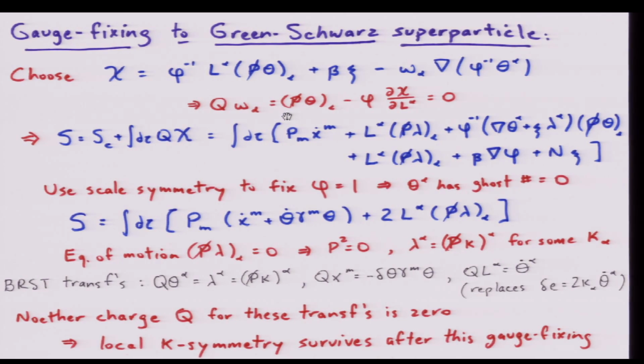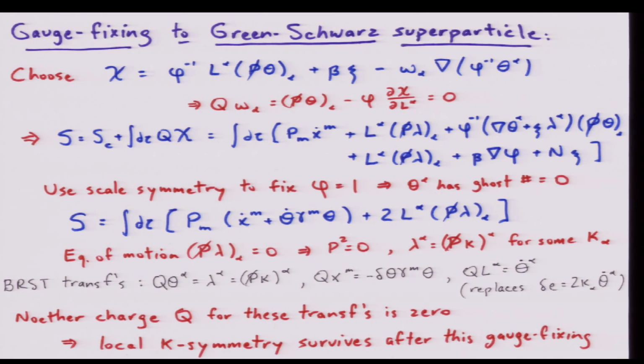For the Green-Schwarz, it's slightly more complicated, because essentially you want to get rid of this W and lambda field. So what you choose is the gauge fixing fermion such that the BRST variation of W is 0. That's possible because the BRST variation of W depends on chi. So you choose it this way. This term here allows you to get rid of the term W del lambda. So after doing this gauge fixing here, the action takes this form. This is not quite the superparticle of the Green-Schwarz, because it has this extra term here.